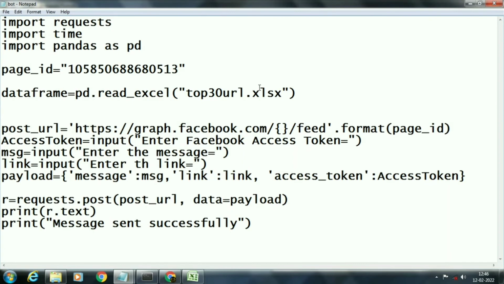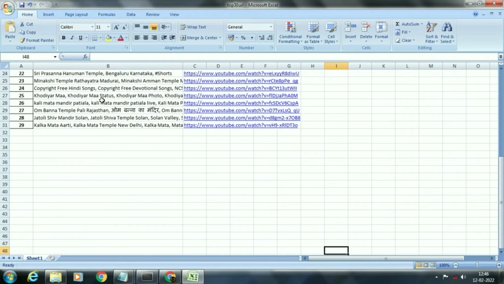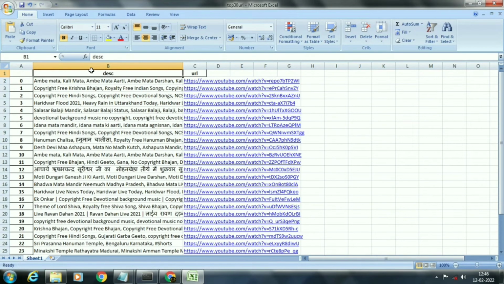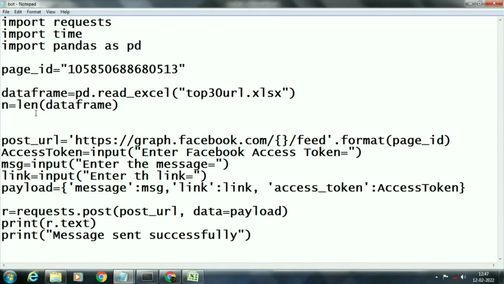Next, we will calculate the length of our Excel file by using the len function so that we can access all the records of our data frame. This Excel file has two columns. First column name is DSC and second is URL. First column contains the titles of YouTube videos and second the video links.